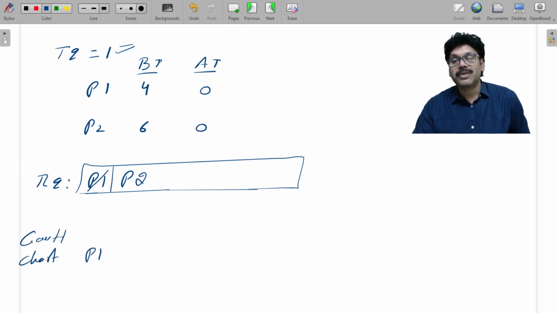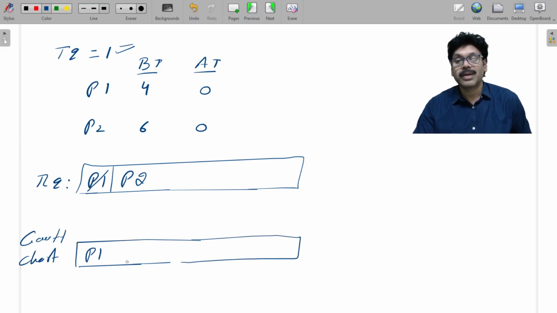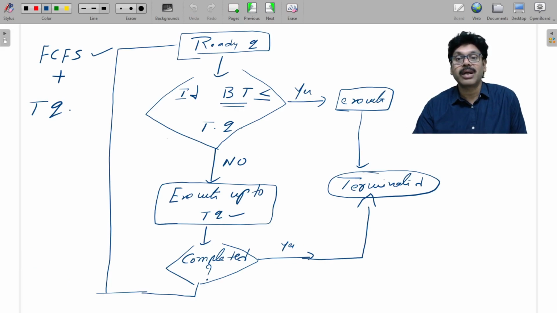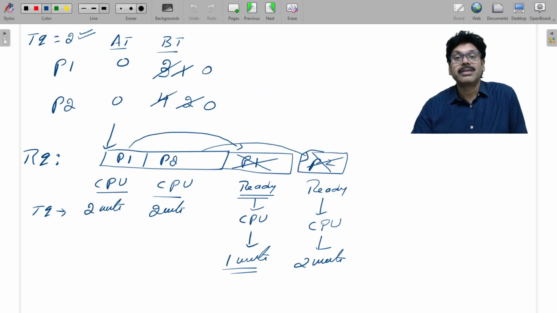P1 is executed for how many units of time? Only 1 unit. It comes at 0 and executes for 1 unit of time. The balance is 3. So now it checks whether P1 is completed or not. We check after executing the time quanta: is it completed or not? If it is completed, it will terminate. If it is not completed,